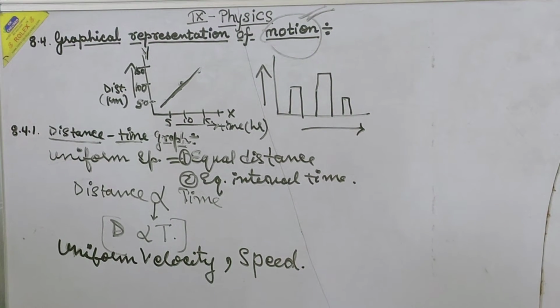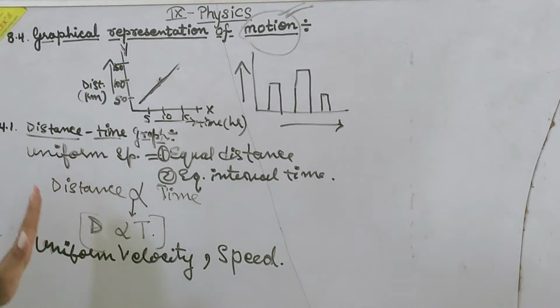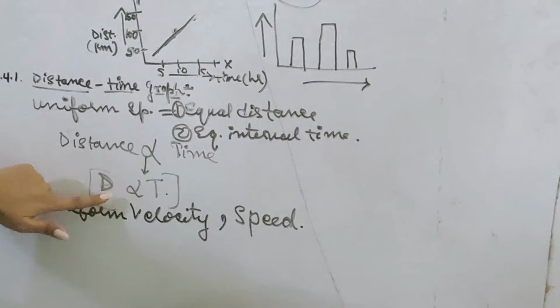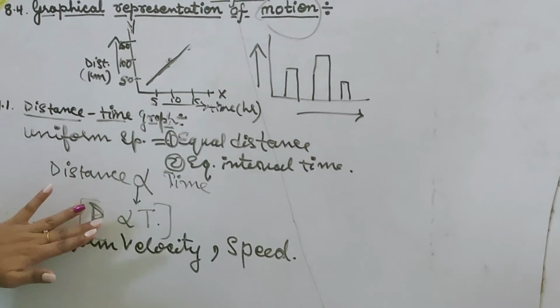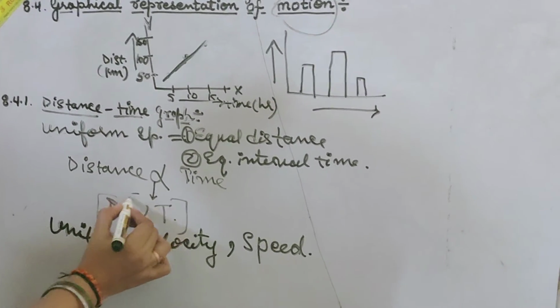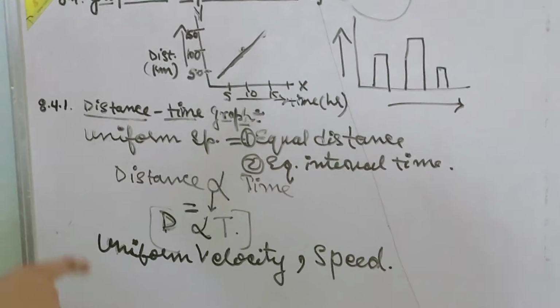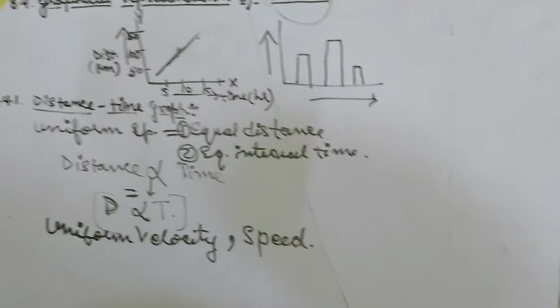Okay, so whenever the distance is increasing, like both the quantities are in the same proportion, d is also in the numerator, there is no denominator for them, and t is also in the numerator. Means whenever distance is increasing, time is also increasing. Means both the quantities are equal to each other. Means the directly proportional sign will also be represented like an equal sign. Okay, got it? So distance time graph is used for determining uniform speed, number one, uniform velocity, and speed also we can determine from this.